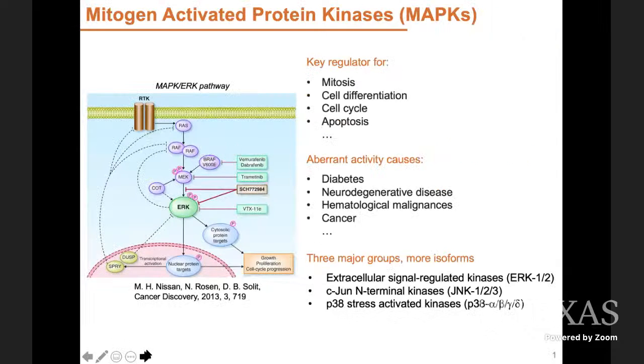Why do we focus on the MAPKs? It is because the MAPK triggers a lot of important cell signaling pathways, thus regulating a series of cellular responses. The abnormal changes in the activity is associated with many human diseases. MAPKs are classified in 3 major groups, and each of them has several isoforms. Since the different isoforms have special contributions to certain dysfunctions, the testing methods of the individual isoform are very important.